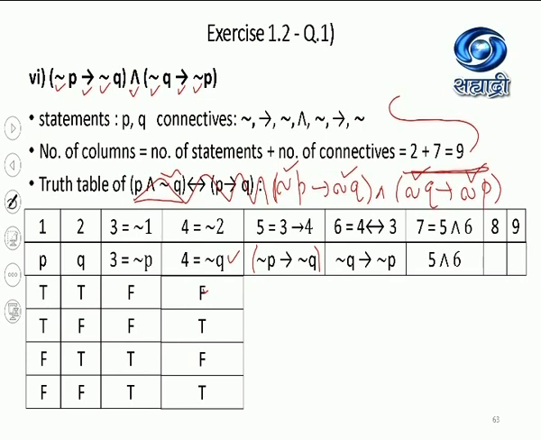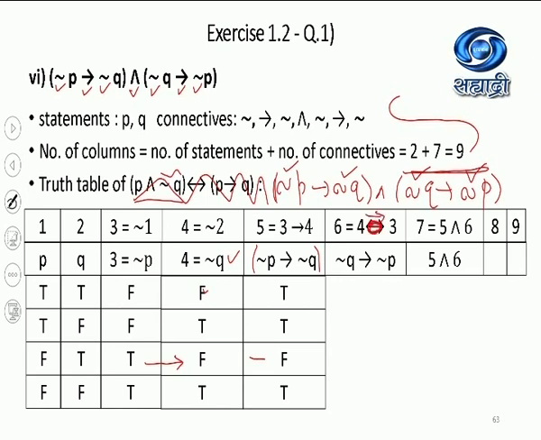This is a very simple straightforward negation rule that I have used. Now in column 5 I have negation P implies negation Q. Now for implication we all know only T F combination is F. T implies F is F. So entries in column 5 will be T T, F T, because all other entries in column 5 will be T except this entry of T implies F as F.